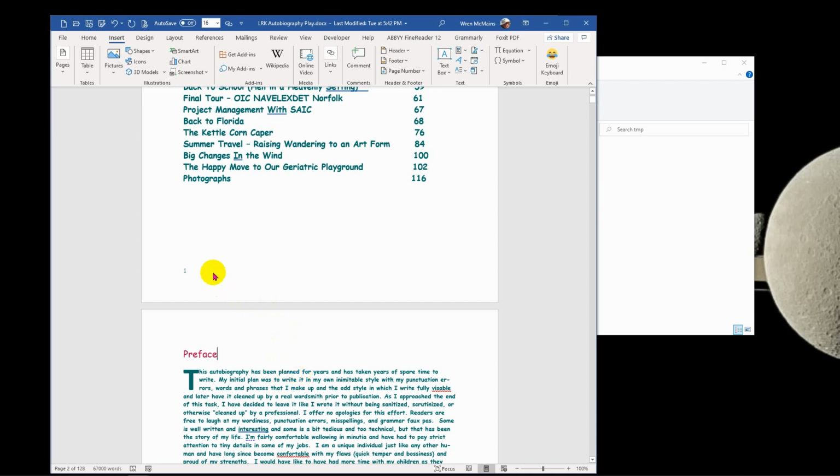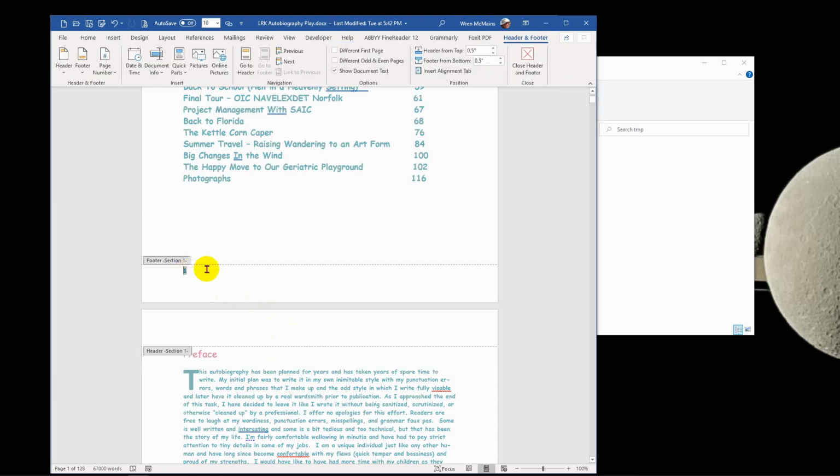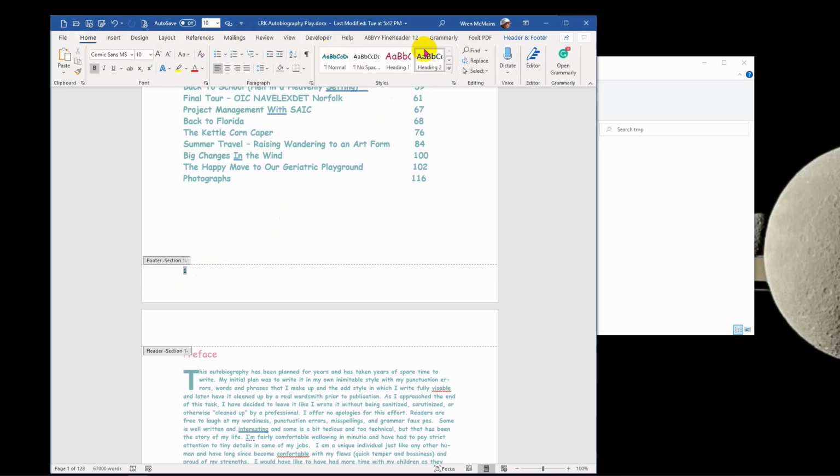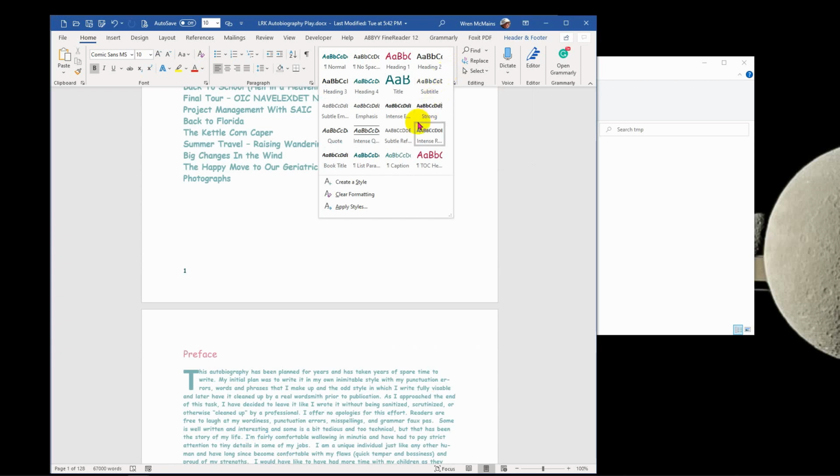And the other thing let's look at is the footer here. The footer was added by Libre Writer, and you know, it's automatically numbering the pages. The only thing I would like to do is give the footer a style of footer or something like that. Let's see what styles we have already built in. So we'll go back to here, and if we click on this double down arrow, we see a bunch of choices,